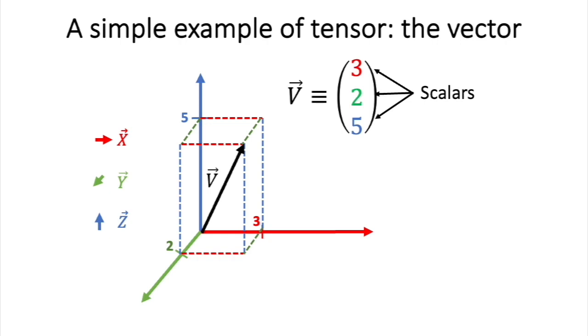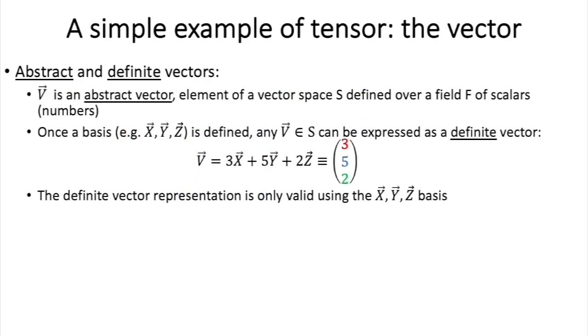Now, one of the simplest examples of a tensor which can be useful, because scalars or numbers are tensors but it's not very useful for what we want to show here, is a vector. A vector is a simple yet representative example of a tensor. We'll explain in detail why a vector is a tensor in a few minutes. But here I want to insist on the fact that there are vectors which are abstract vectors and others which are definite vectors. Actually, they're the same, or at least they represent the same object.